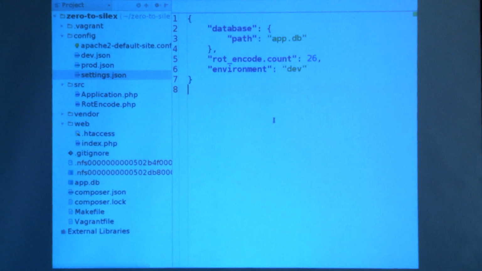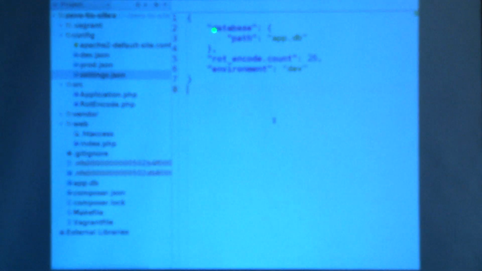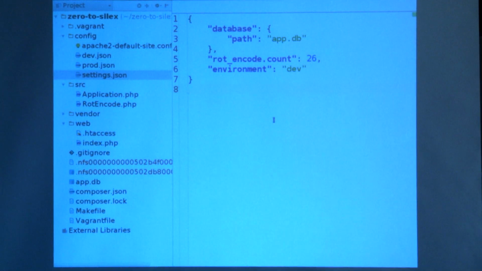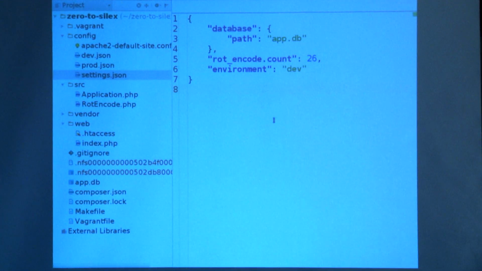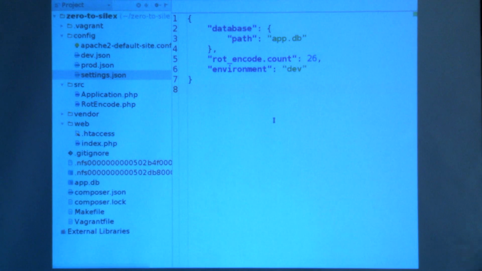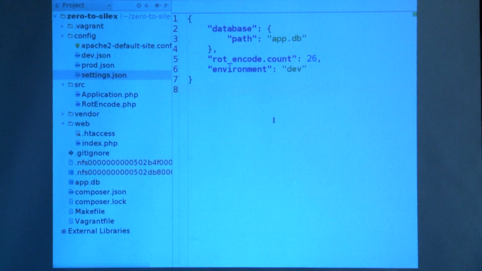We're going to start with settings.json, and it's just a JSON file, and all the config service provider will do is take these properties and dump them into the container as more properties on the big app object. So in this case, it's going to say our database path is appdb, our route encode count is 26, which